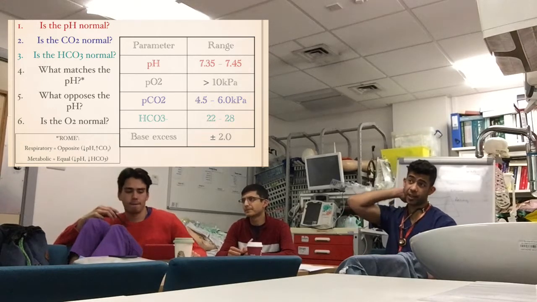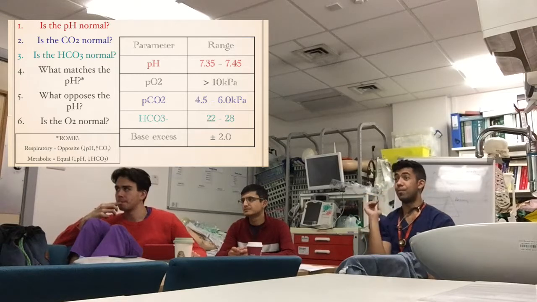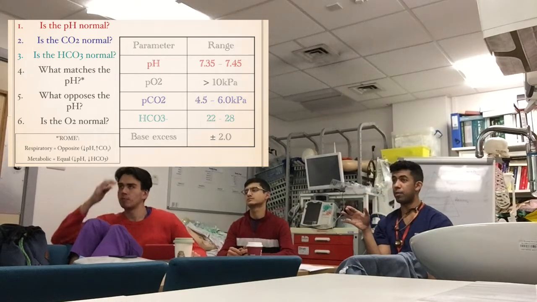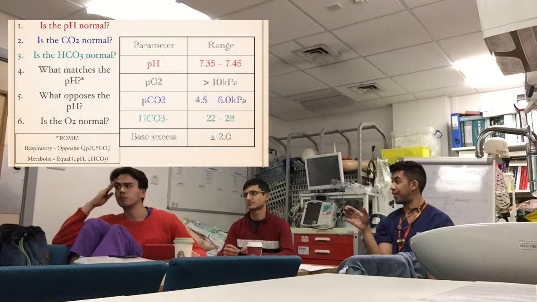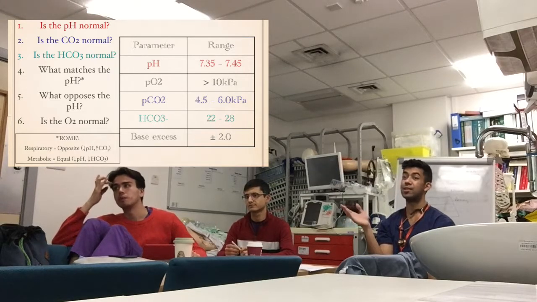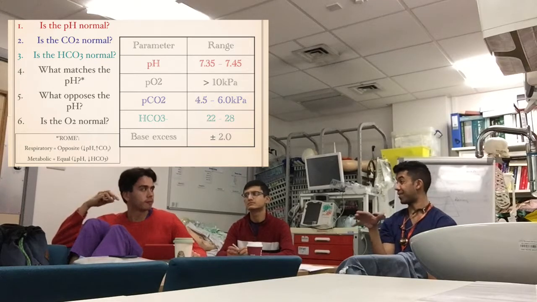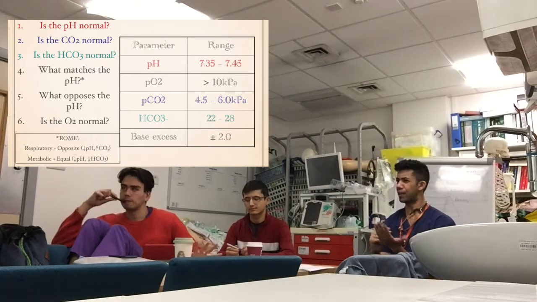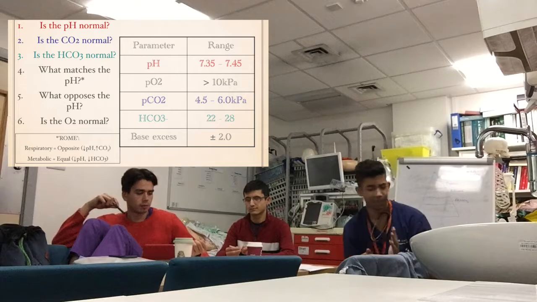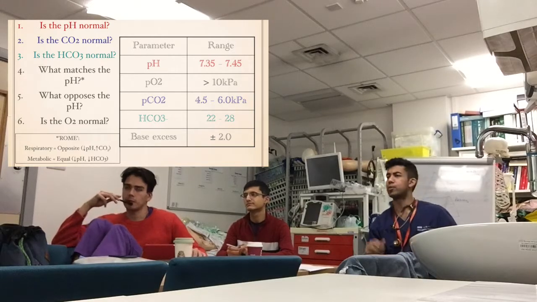Awesome. And then 6 is, is the O2 normal? Because it's all well and good interpreting a blood gas, but if your patient's there gasping for air, with SATs of 82 or something, then you're going to be more worried about them being in respiratory failure, or arrest, along those lines, than wondering if they're having a PE or something. But also that gives you a clue as to whether the problem's respiratory. Is that okay? All right.